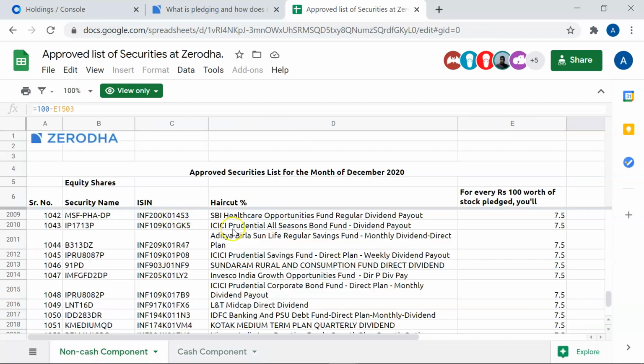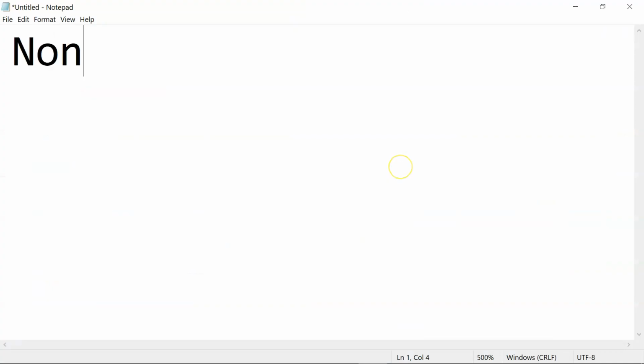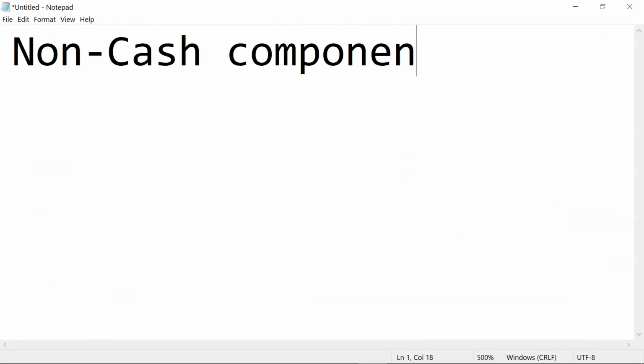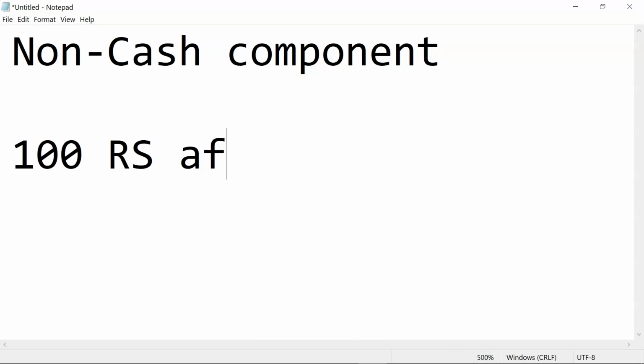For example, assume you are pledging ICICI Prudential All Seasons Bond Fund from non-cash component, and say assume you are getting 100 rupees. If you are pledging any mutual fund or ETF or bond listed in non-cash component tab, assume you are getting 100 rupees after haircut.